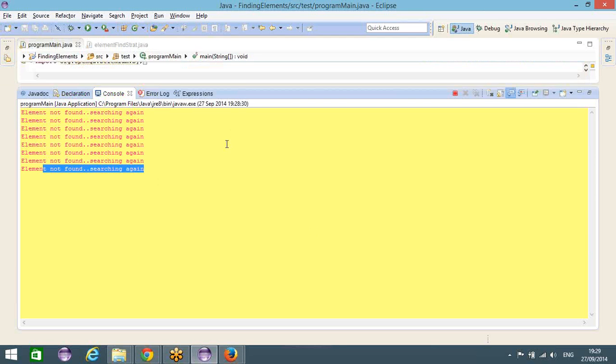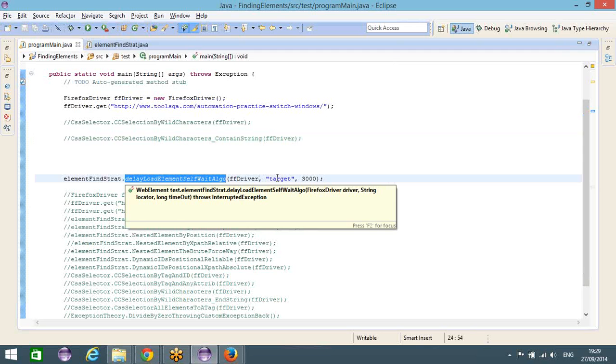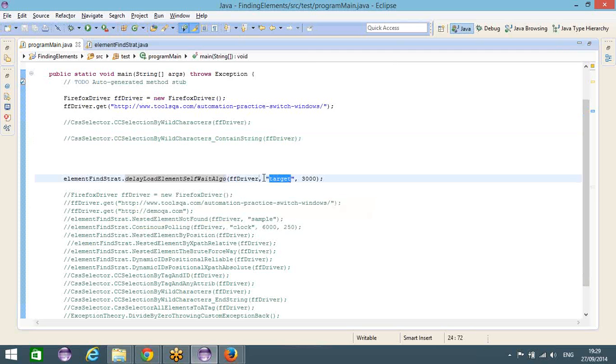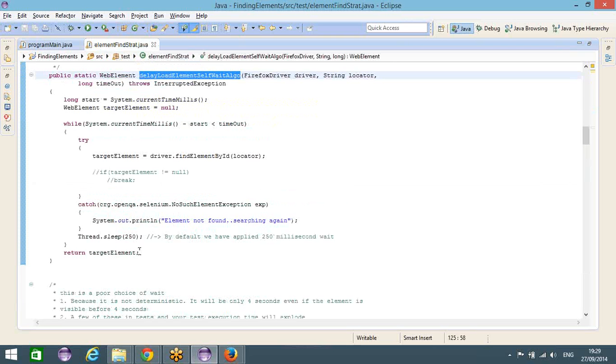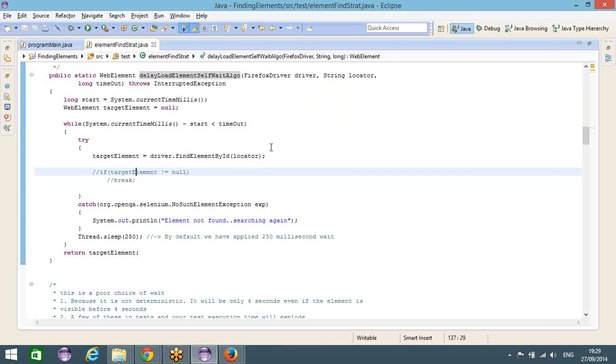You can create a generic method where you can pass on just the element locator and the type of locator it is, whether it's an ID or a class name or a simple name, and you can specify the timeout. The method should be implemented in such a way that based on whatever locator type, locator value and timeout specified, it runs a relevant loop. So right now we have made it generic to find element by ID only, but you can change it based